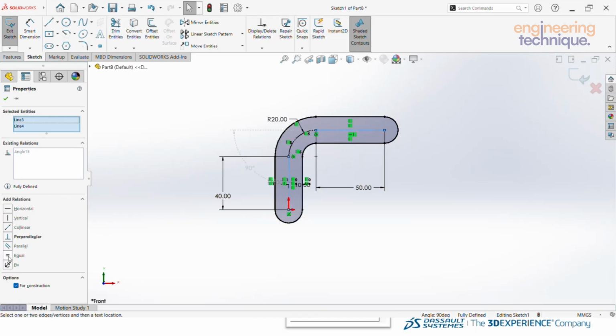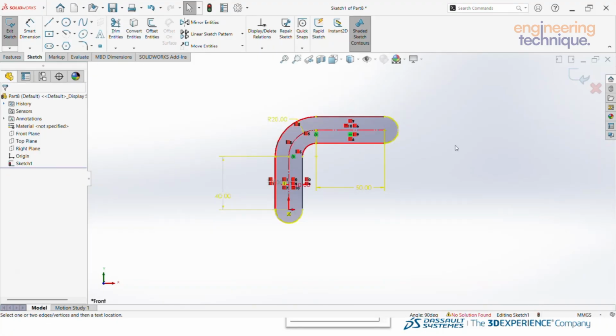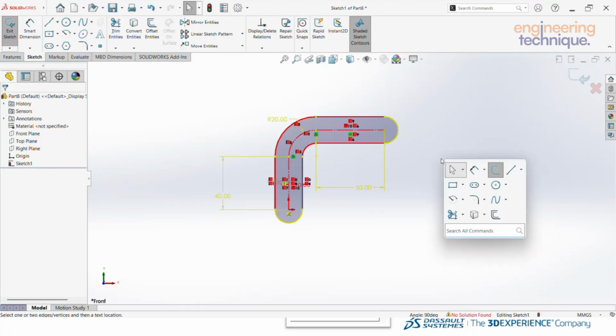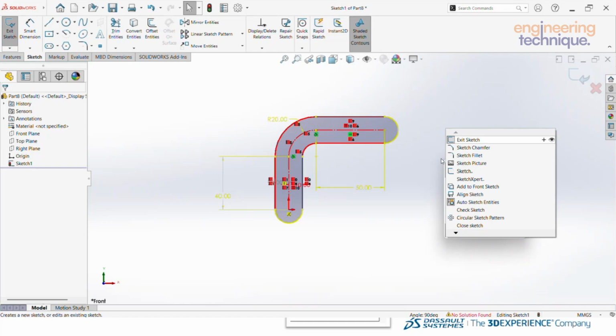Let's say I am creating another relation here. I am pressing equal and I am pressing OK. So it is still again creating a particular error here. Okay, so to resolve this error, we can in the same way open